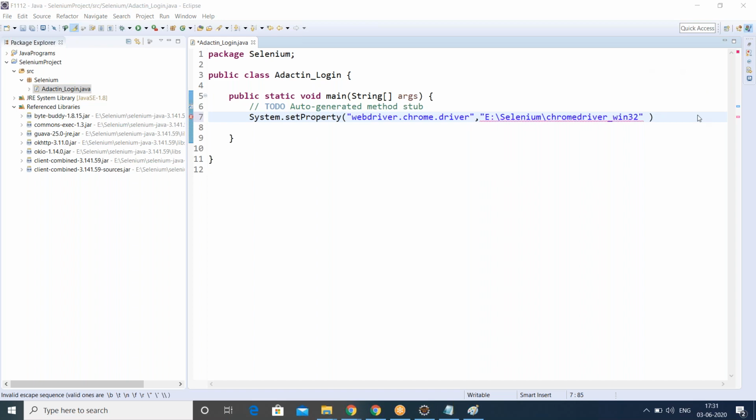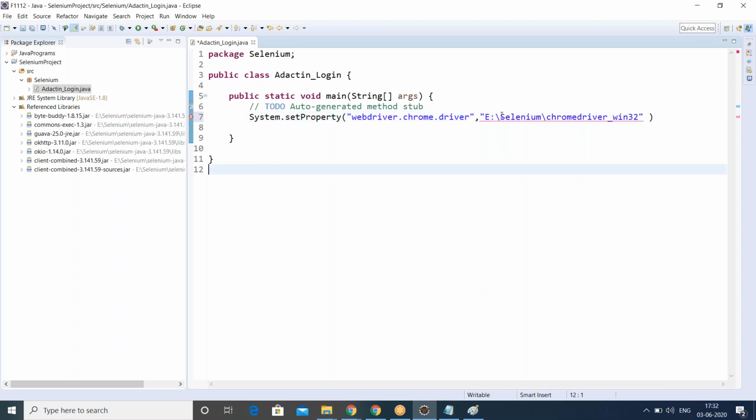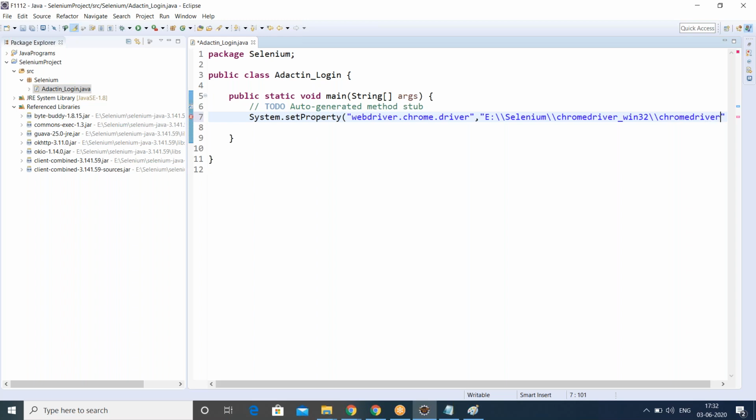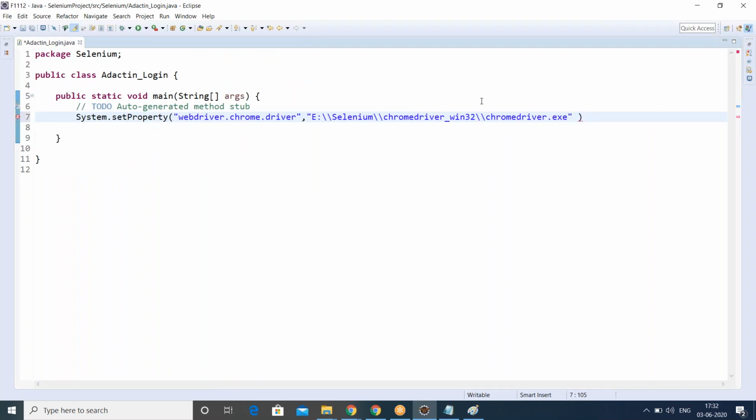One more thing: it should be in double slashes. By default you will get only one slash, but you should give two slashes. First slash, second slash, then this is the folder, and my file name is chromedriver.exe. That's it.